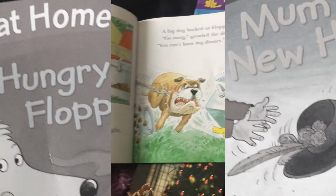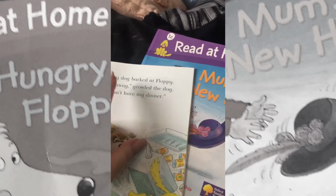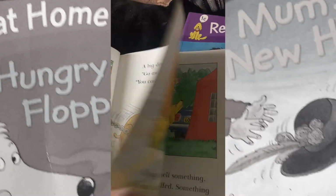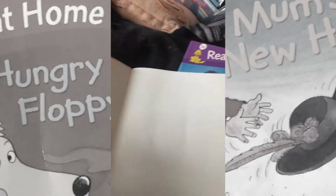It's like working on your words, bringing the sentences together, but there's not a massive sentence where your child with reading difficulties is going to struggle. So as you can see in these books, the illustrations are incredible still, but there are a lot more words. There are actually full sentences in these books. So each level you go up,